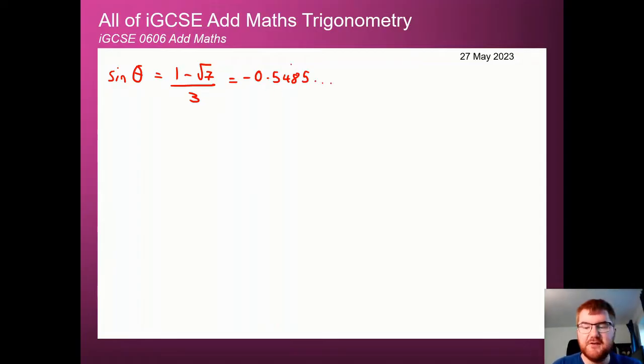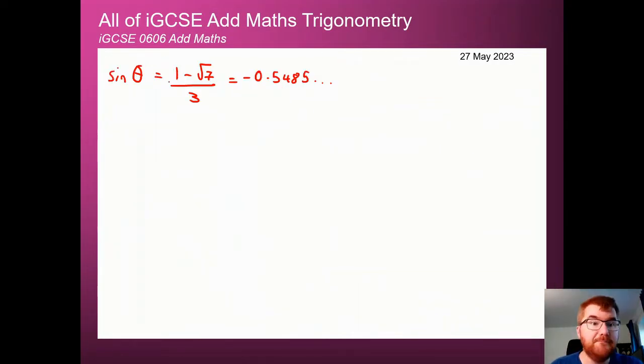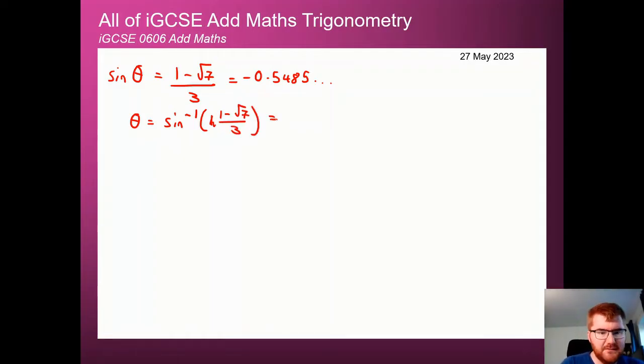And now we just need to solve this. We need to check the domain we're given here between 0 and 360 degrees. So we're working in degrees here as well. The easiest way to do this is first of all, let's just find out one solution. So the opposite of sine is inverse sine. So we do sine inverse of this. Let's write it as a fraction, 1 minus root 7 over 3. So if we do that and do sine inverse of that,